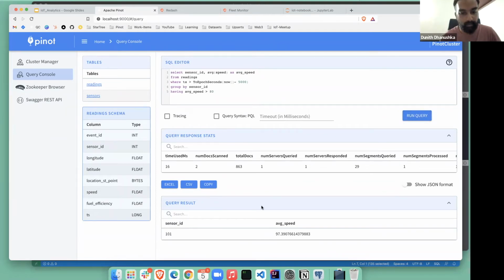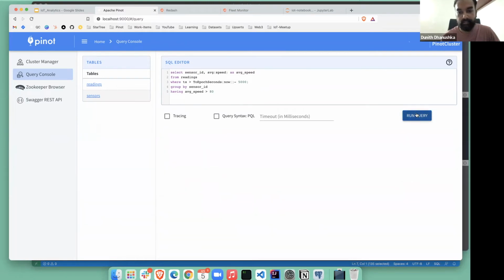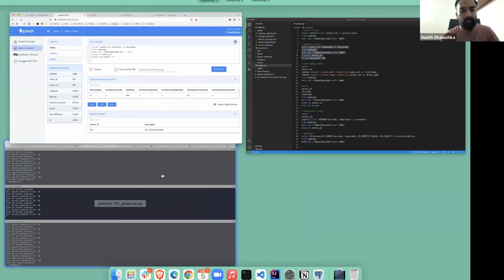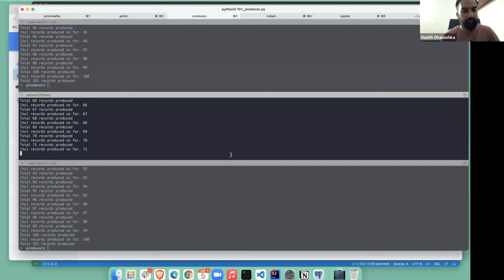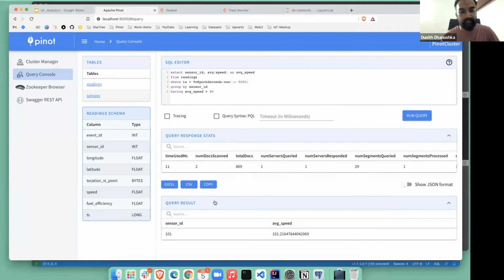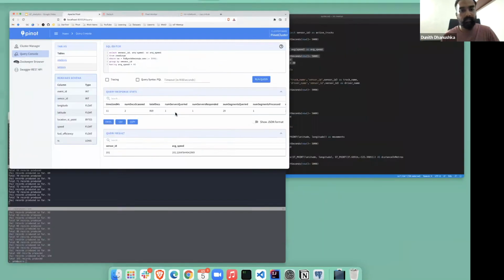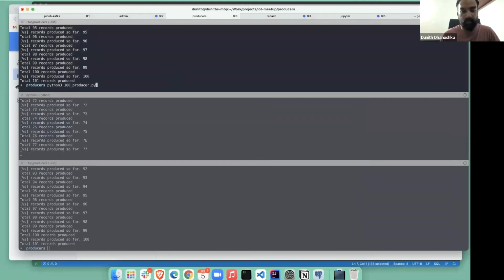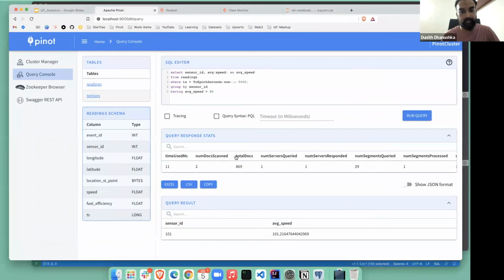I see 101 is still publishing. Yeah, we can see one, because 101 is meant to be the high speeding driver. If I start the 100 producer again, it's a good driver.